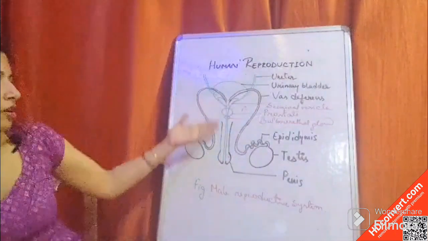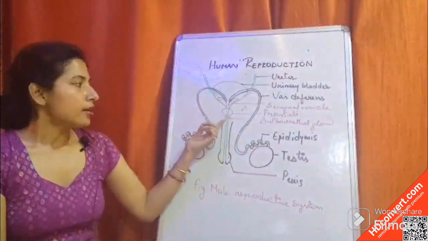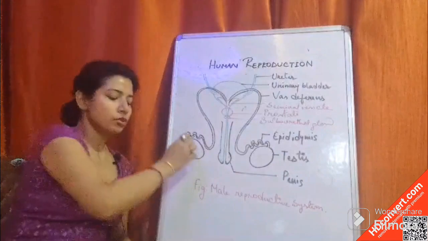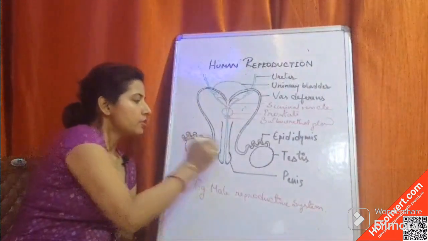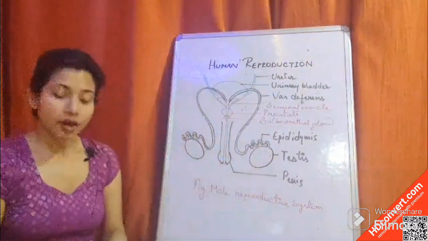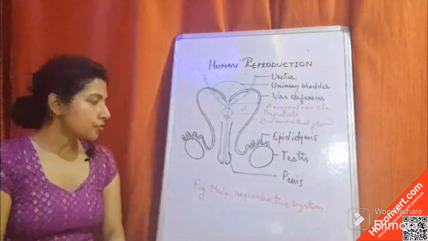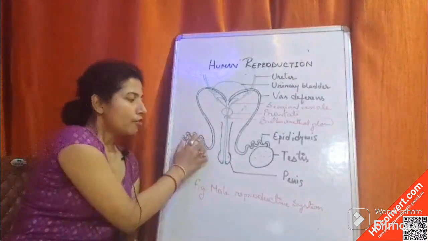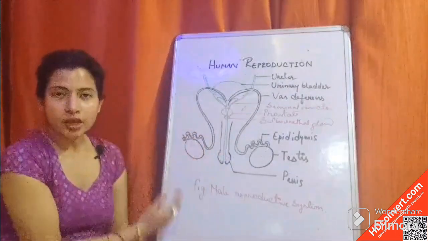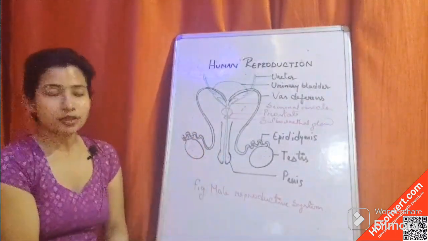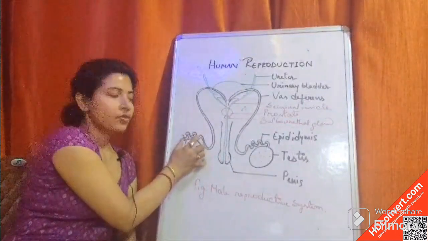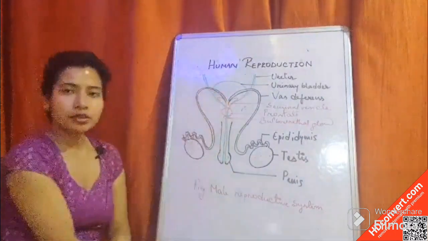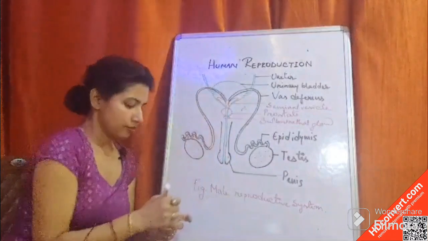I am saying their functions separately. Prostate gland, and the last one is bulbourethral gland. So when sperm is produced inside testis, after that, the sperms get released from testis. They store in this coiled pathway in epididymis. After storing here for a few weeks, from 6 to 7, even 10 weeks, they get matured, and now they start their journey via this vas deferens, and ultimately they reach